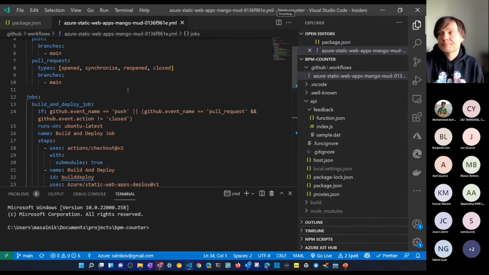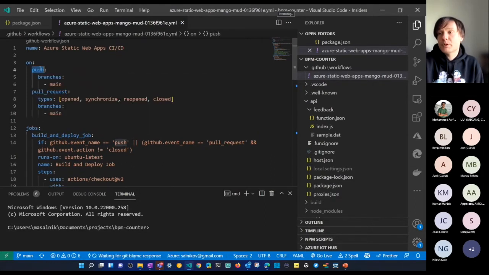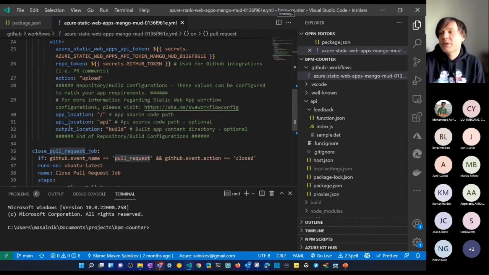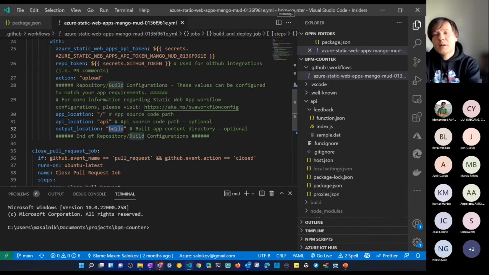So you see something will happen on push and on pull request, and this set of actions will happen. Here you can customize some things or change configuration, for example, if you changed the build artifacts location from build to something else, but for the majority of React projects, this is just the build folder. In the same file, you can provide your custom build command if needed.